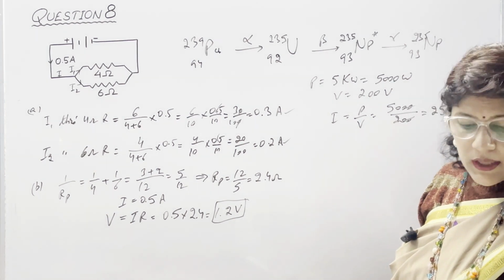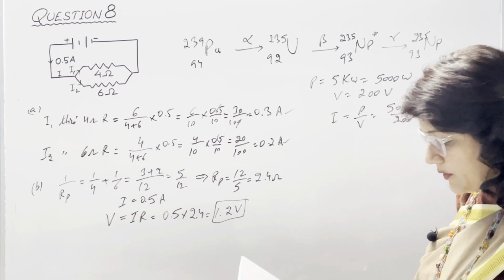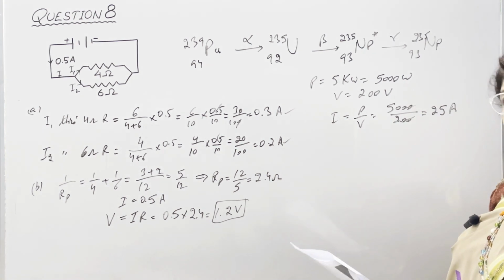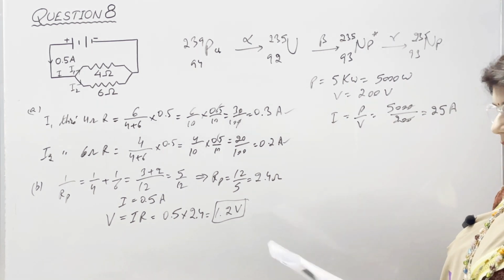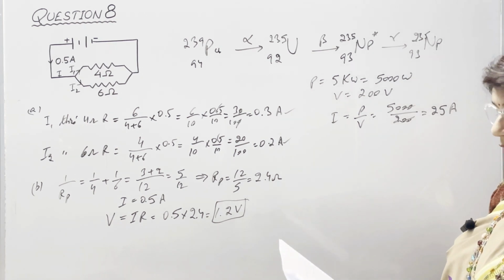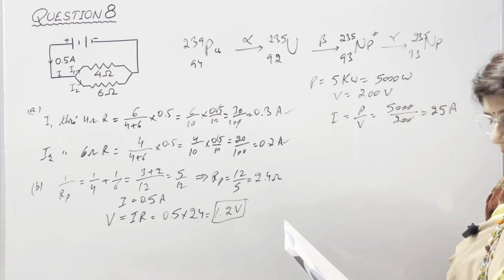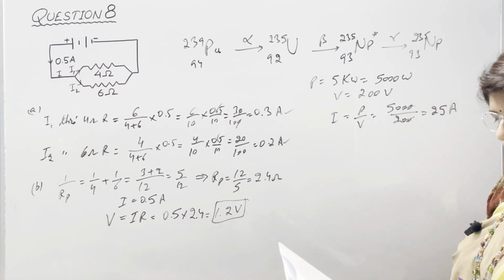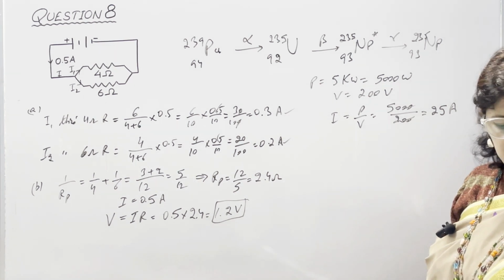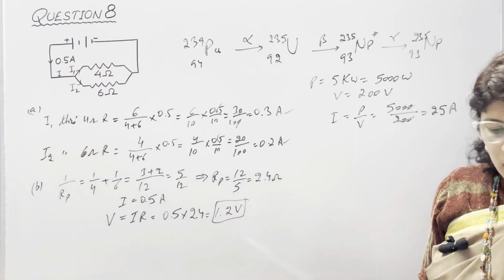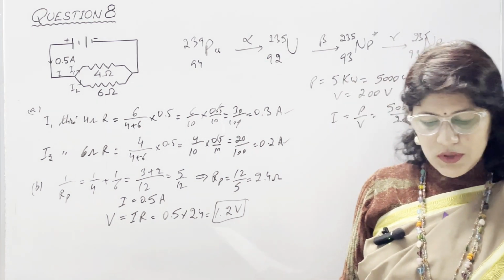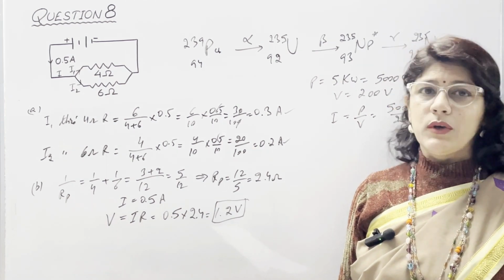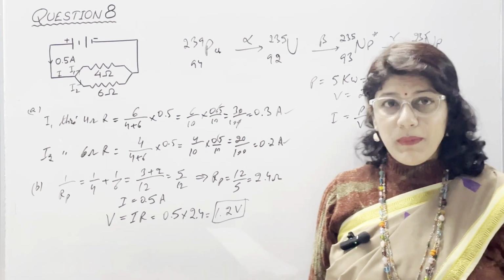But in the question, it is given that the current rating of the fuse is 8 ampere. So no, it cannot be used for the appliance. This is our answer, and the reason is that the fuse rating is much less than the current rating of the electrical appliance, which is 25 ampere. Due to this the appliance cannot operate normally as it will not receive the required amount of current. In B part, name two safety devices which are connected to the live wire of a household electric circuit. First safety device is fuse, or you can say MCB, and second is the main switch.